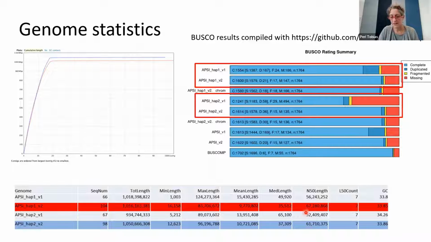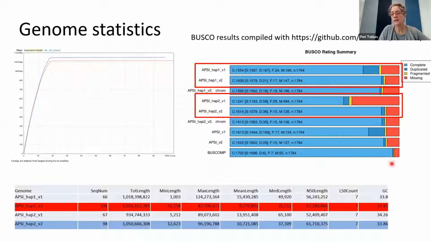For people who have some interest or knowledge, there's just some statistics on the mean lengths of these regions and the N50 and L50 counts, as well as the GC content of the actual genomes, which has stayed around about the same. Here are BUSCO results compiled from BuscoComp,